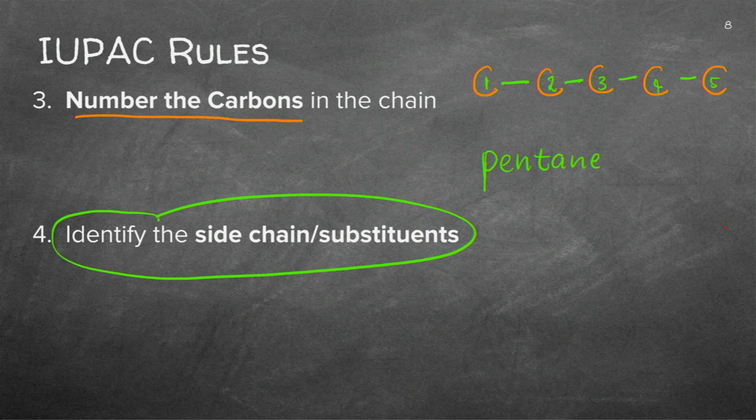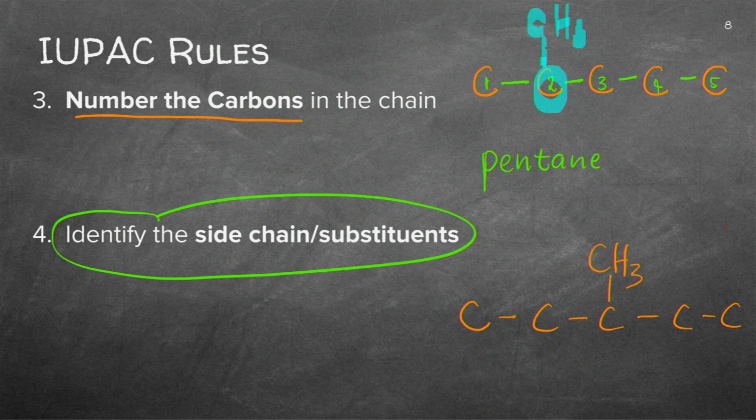Now, let's say, for instance, I've got CH3 linked to the second carbon. That would be quite different to the following one. Can you see I've got my 5 there again? But now I've got a CH3 linked there. So what do I have on the screen now? I've got a CH3 on the second carbon, and here I've got a CH3 on the third carbon. Can you see why it is important to number them?